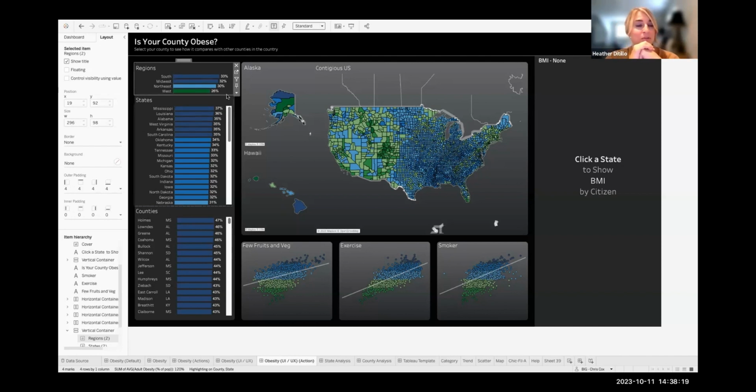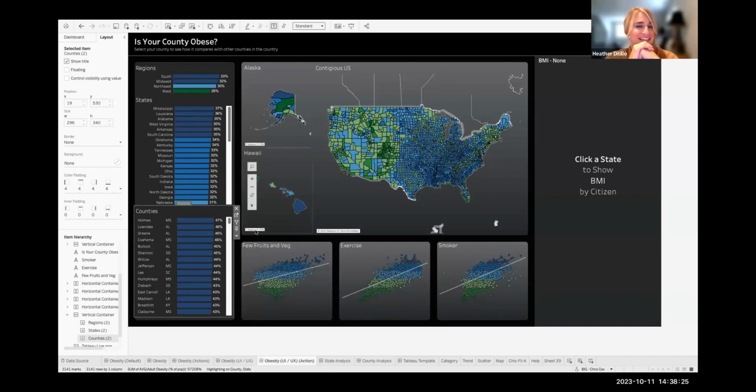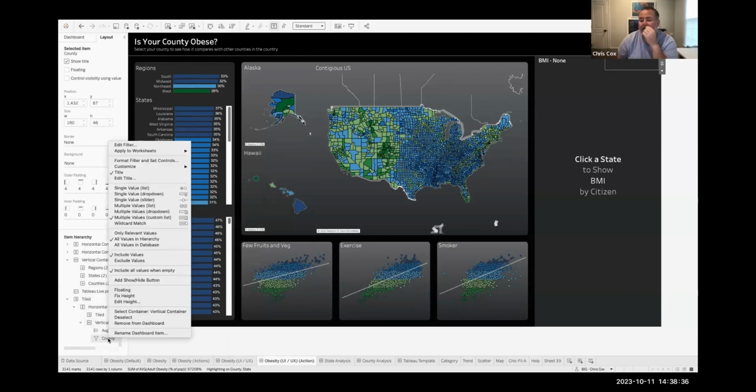Well, the counties are down below. We're seeing Holmes, Mississippi has that. We could even add in a filter, which is what Chris is going to do now, where you could type in the name of your county, I think is where you were headed, Chris, if I'm following you there, in Tableau, where you could just search for it on your own.